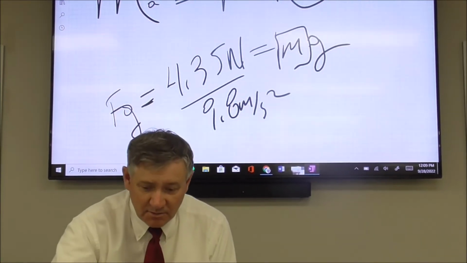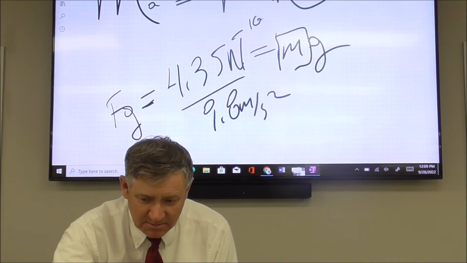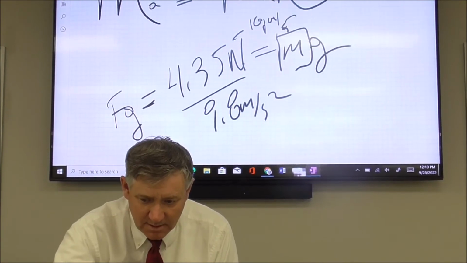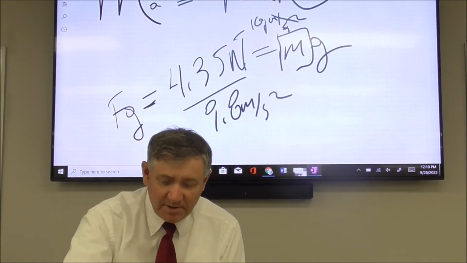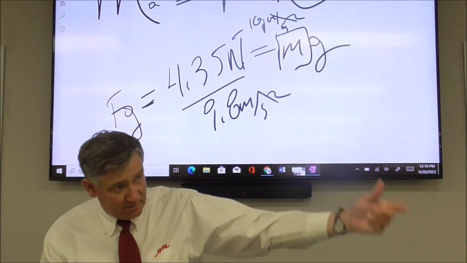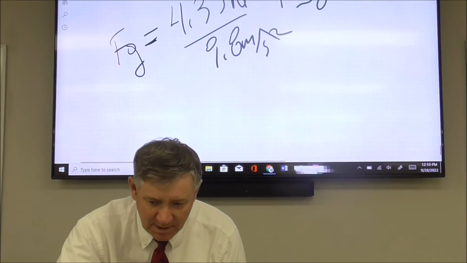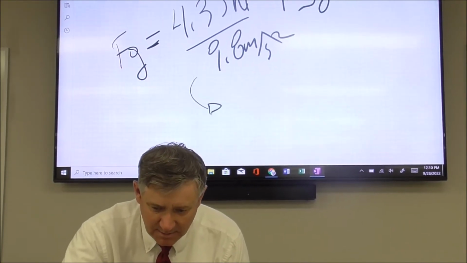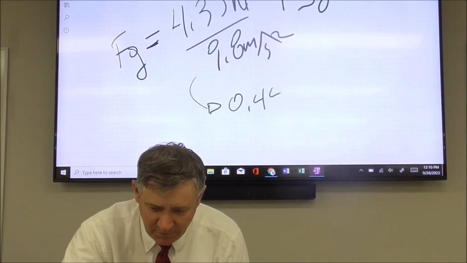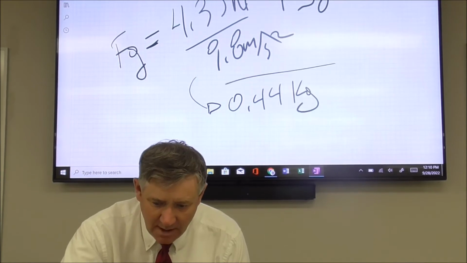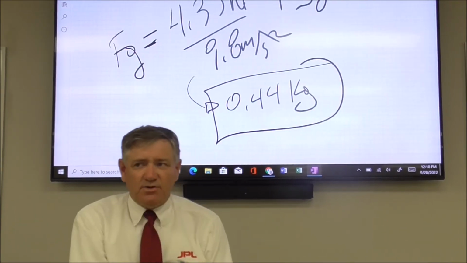Remember, newtons are kilograms meters per second squared, so the meters per second squared cancel out and I'm left with kilograms. So take 4.35 and divide that by 9.8 meters per second squared. That gives 0.44. Now, if I take this thing to the moon,